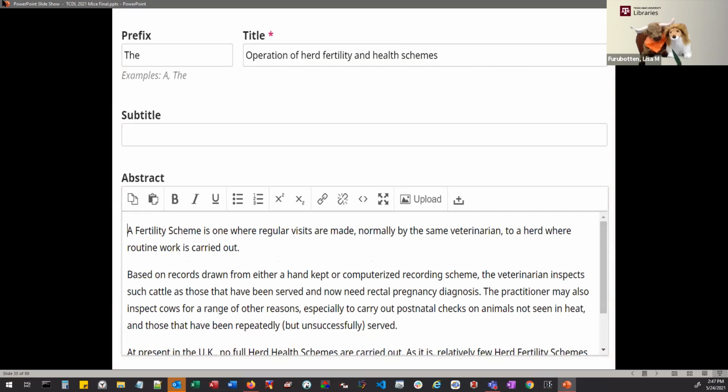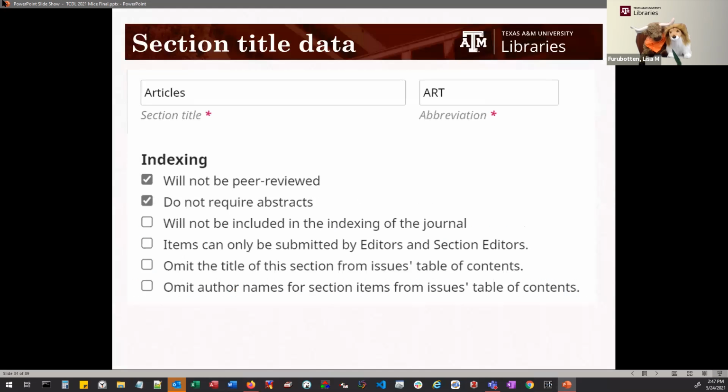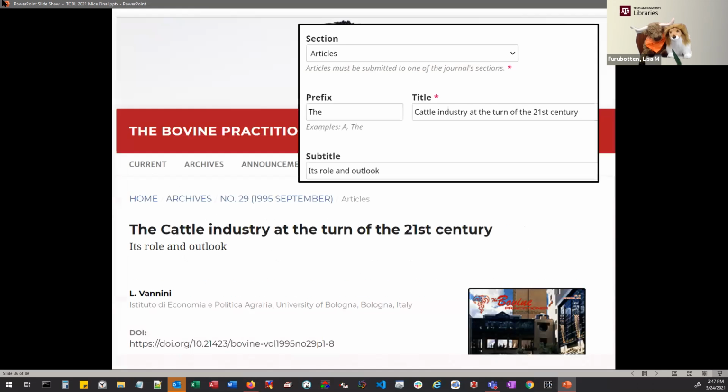Okay, the article level metadata. I'm going from issue metadata to article level metadata. So, can you move up one? I feel like I'm missing. There we go. Okay. So when I start to add my articles,